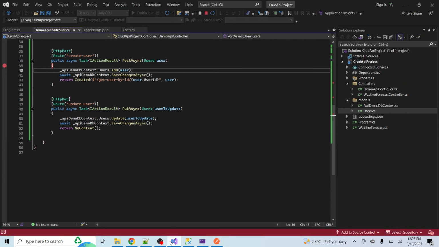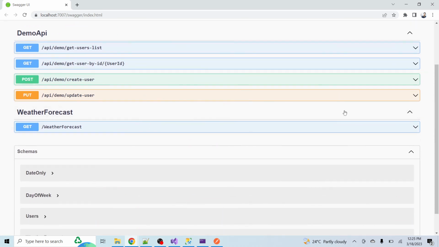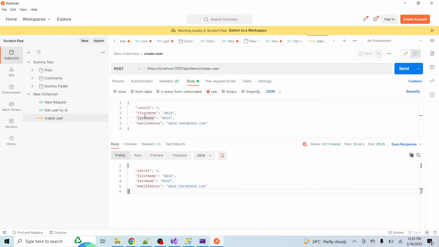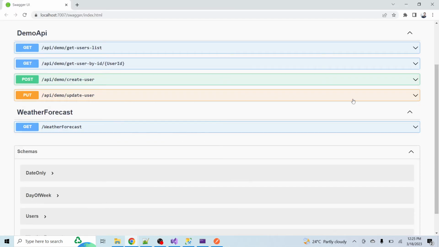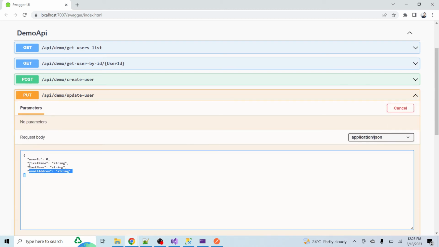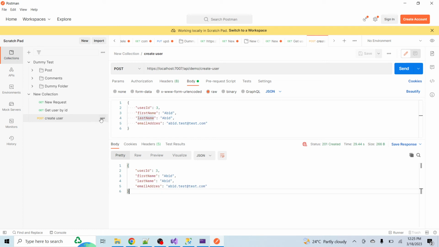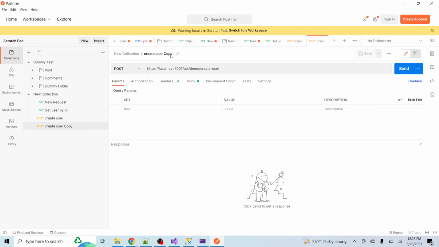I just want to update some data of a user. Okay, now let me try it out from the Swagger again. From the Postman, I will try it this time. Okay, so let me try it out. First copy the URL. Okay, I'm not able to copy the URL. So let me duplicate this one. Okay, rename,